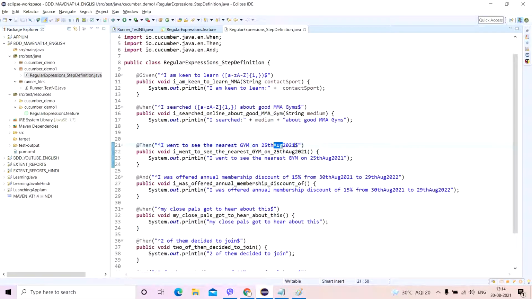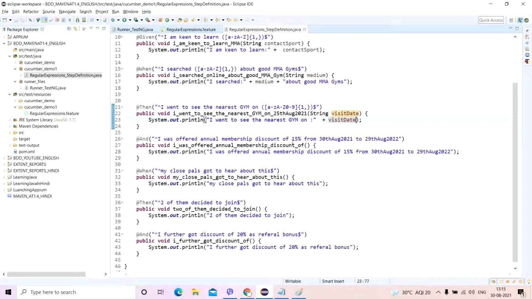I'm going to select this, make a parenthesis, put it inside here, and that's it. And here I will write visitDate, because I went to see that gym on this particular date. Simple, so it looks good.